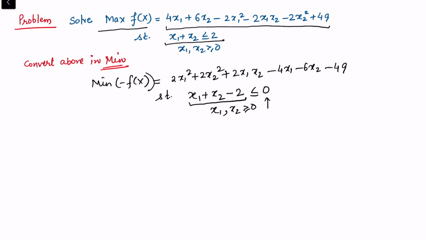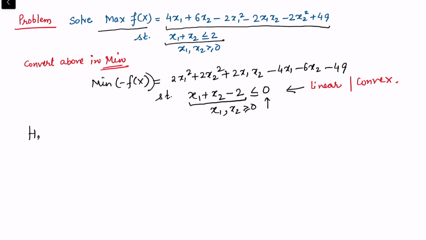Now the constraint is already linear, which means this is already convex. We do not need to check constraints separately. But for the objective function, we must check. And for this, I need to write what a Hessian matrix is.